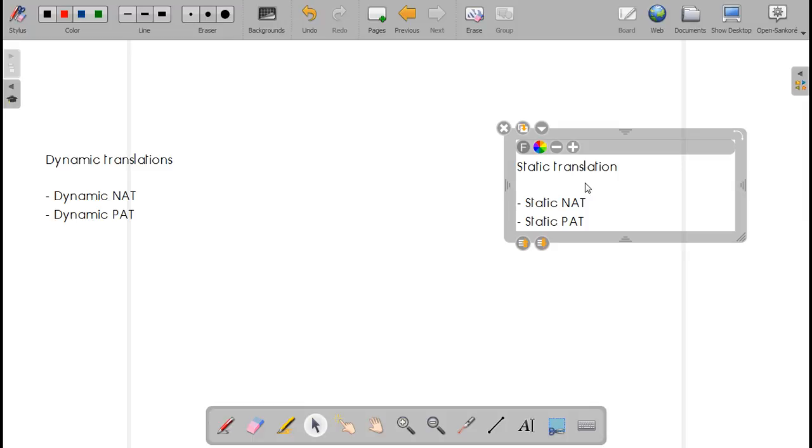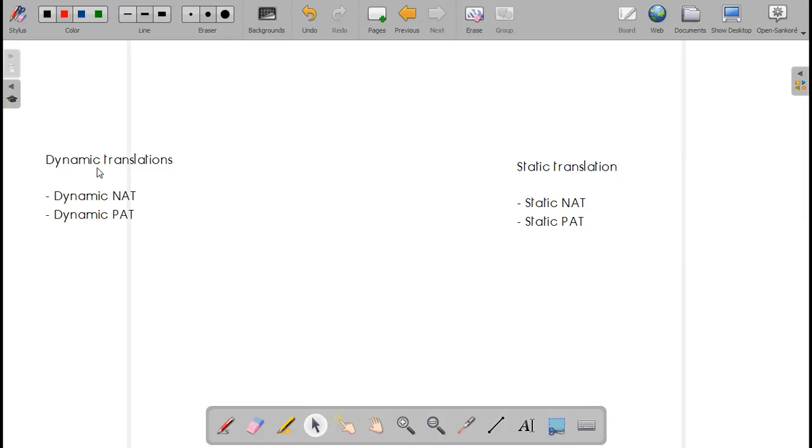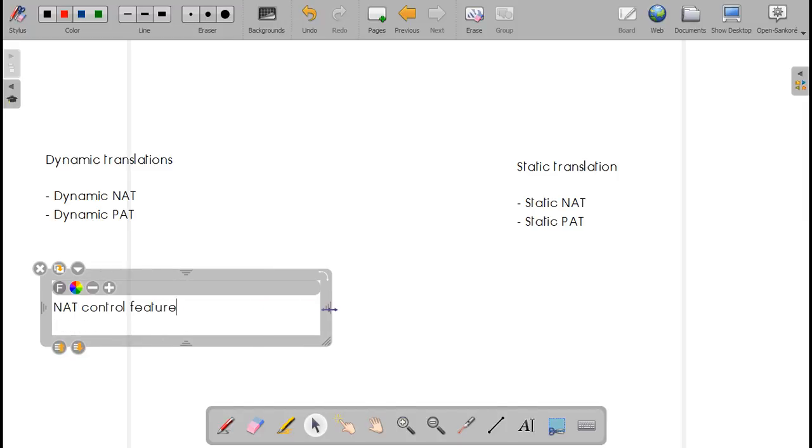Okay, apart from this, we'll look at some features like the NAT control feature, which is available on ASA version 8.2, up to ASA version 8.2.